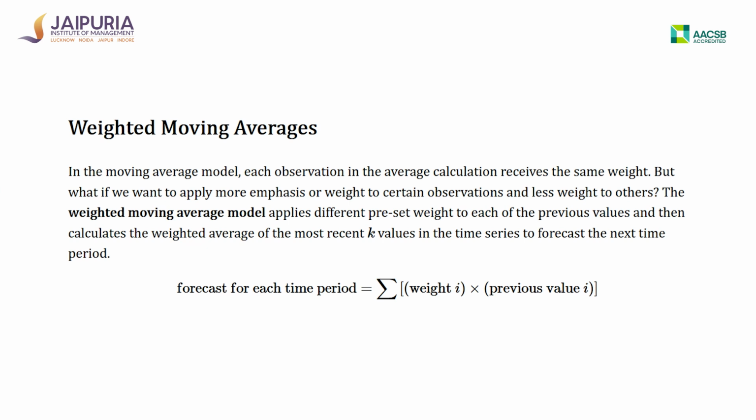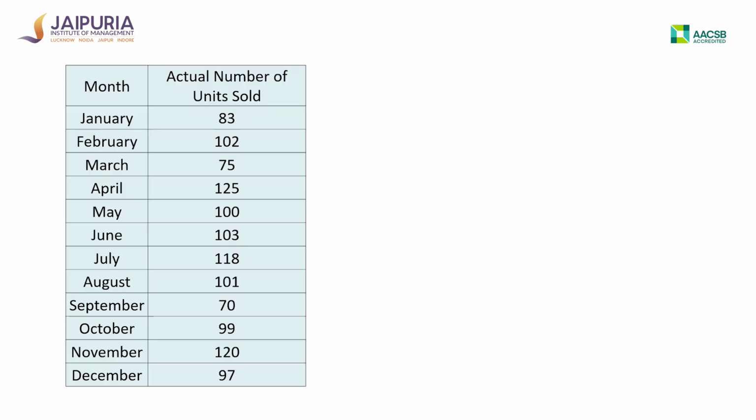For instance, if we are calculating a 3 months weighted moving average, let's say we have 12 months, Jan, Feb, March to December. So if we are calculating a 3 months weighted moving average, we start our calculation with 4th month, which is April. So we have to take into consideration March, Feb and Jan, and we assign different weights